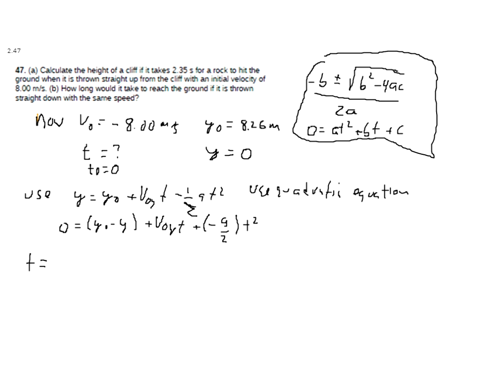So if we plug in the numbers, we're going to get negative 8.00 meters per second plus or minus the square root of